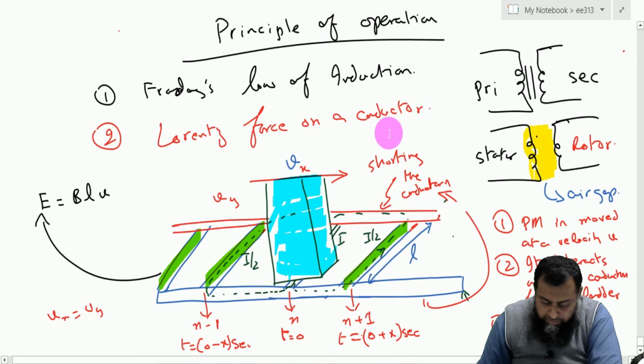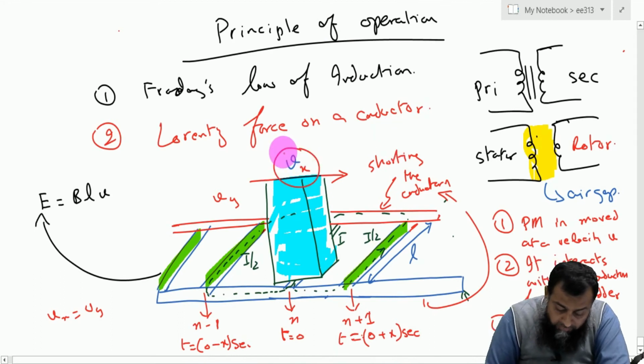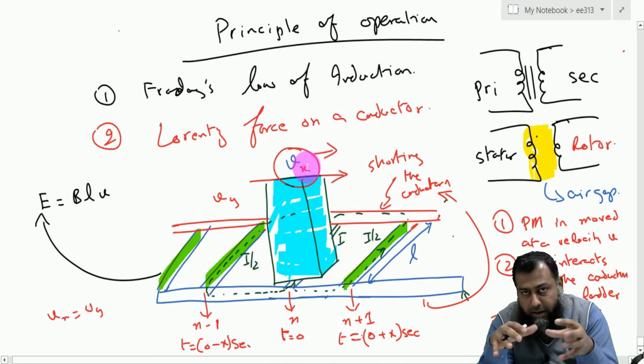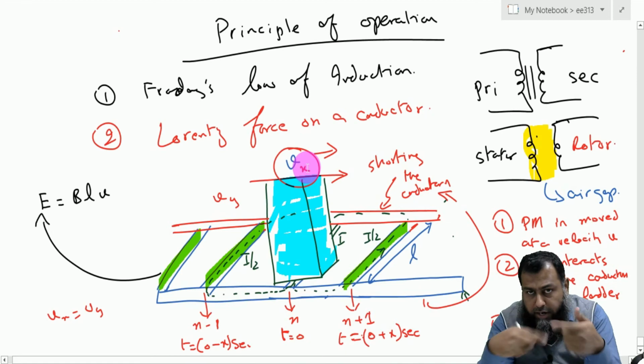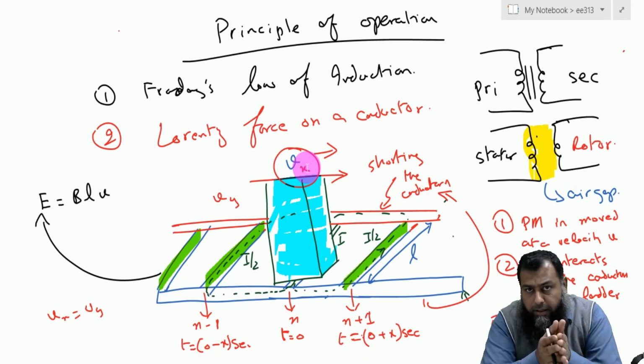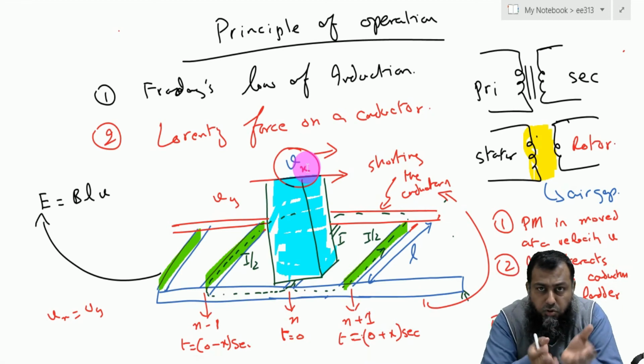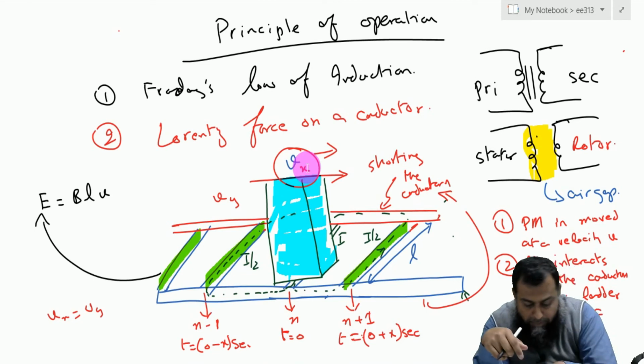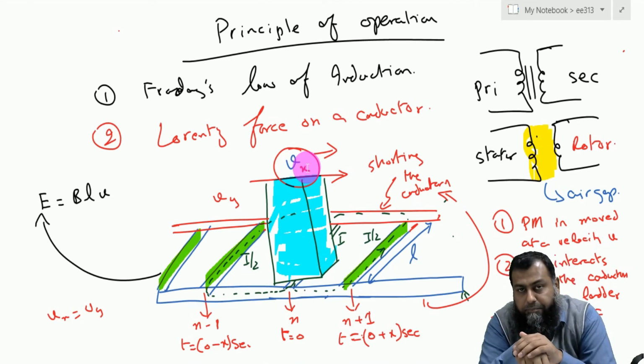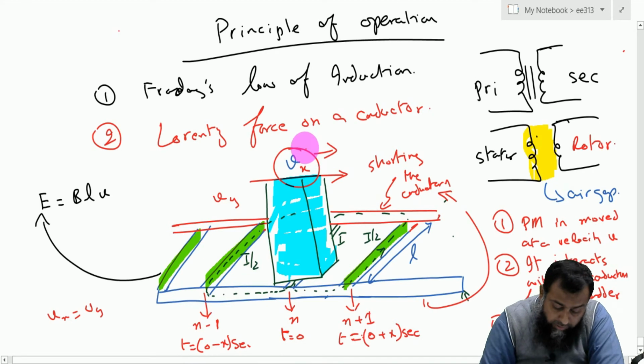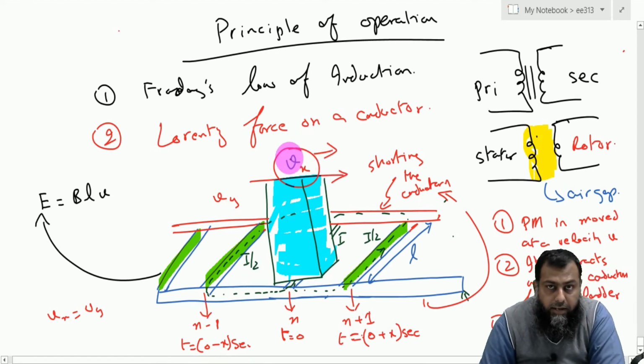Now the point here is how we can have some moving magnetic field. Do we have some magnet, a real magnet, which is actually rotated outside? As far as the construction is concerned, we do not have a provision of having a permanent magnet in an induction machine. So how can we actually realize this moving magnetic field in a circuit?